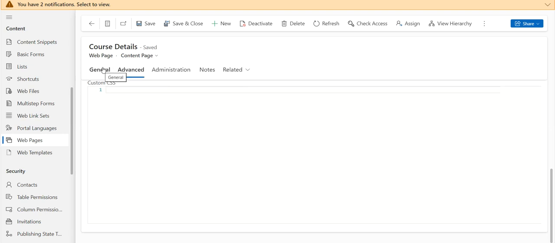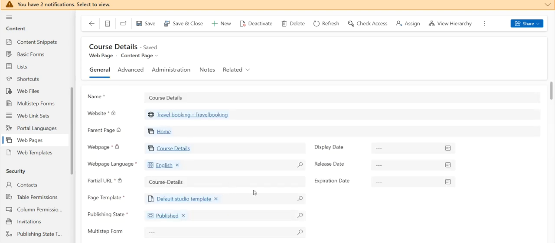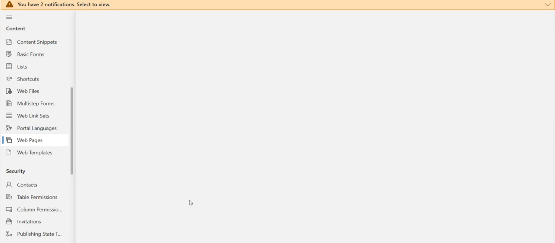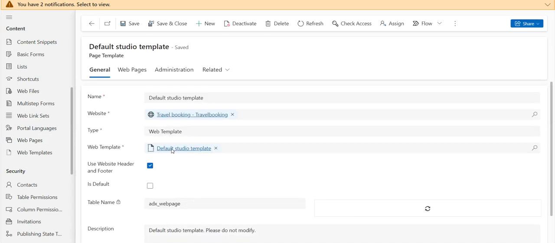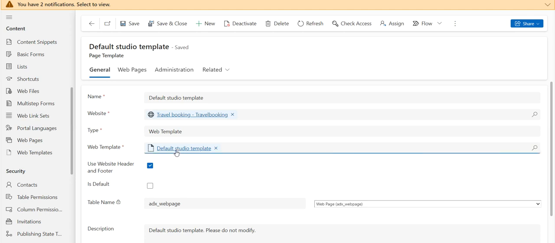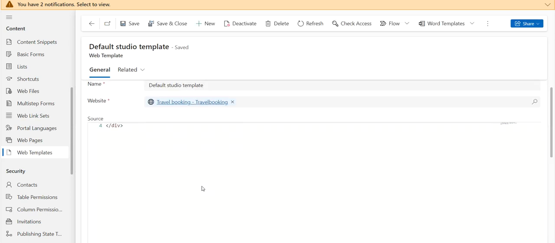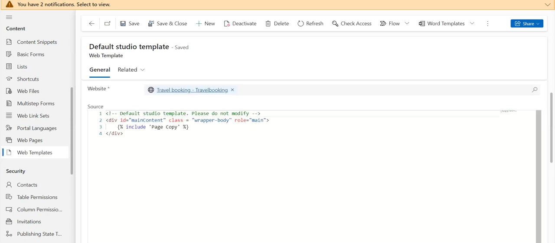So in the web page also we can do everything, but as I told, in the web page we are only adding one page template. This is the main backbone of this, and when you click on page template, we are showing one of the web templates. So instead of doing all the HTML, CSS and jQuery, we can go with this template, and you can write all the liquid code in this single template, and we can show, for example, the HTML tag. We can write HTML here, and CSS using the style tag itself, and using the script tag we can do the